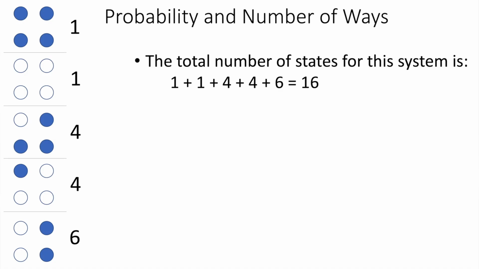So we know the number of ways, but how do we turn that into a probability? Well, the way we do that is first we have to add up all the number of ways that we can get any of the states, right? So you just add 1 plus 1 plus 4 plus 4 plus 6. We've added all of these ways together, we get the number 16. So given a system where we know the number of ways to get each possible state, and we've added them all together so that we know all the number of ways that it can be configured in any way,